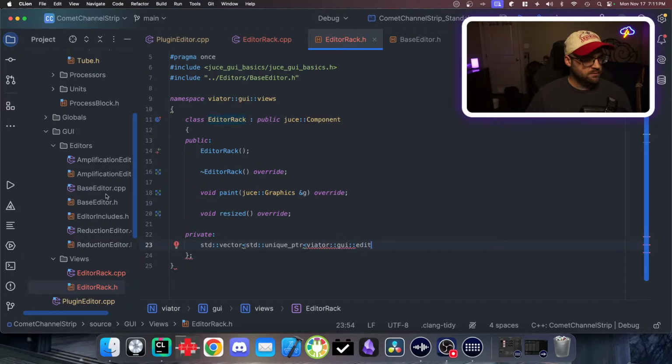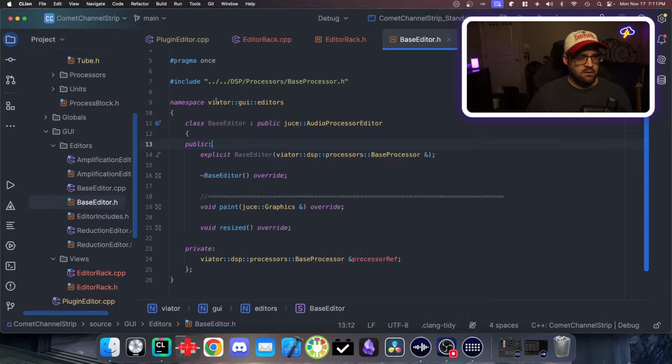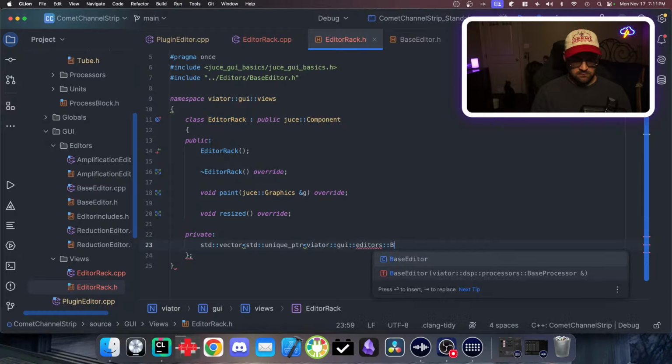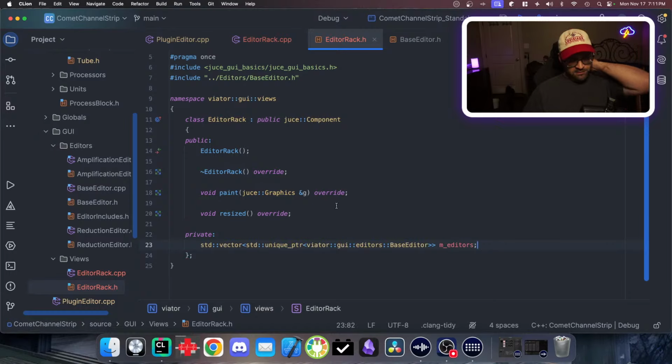Or not. Viator GUI editors. Is it just being slow? Base editor, there it is. Okay. And we're just going to call this editors. And what we'll do is